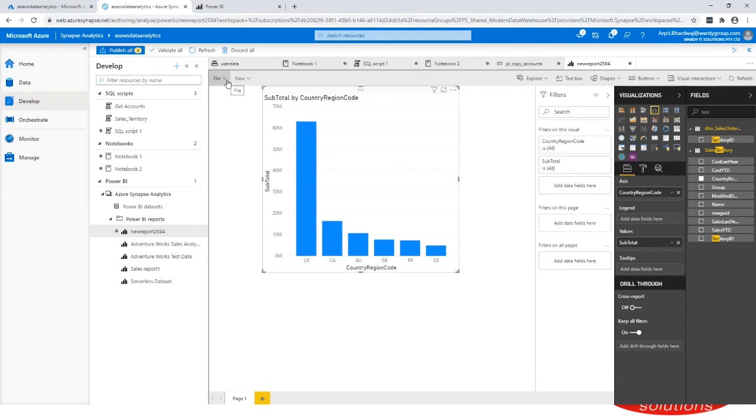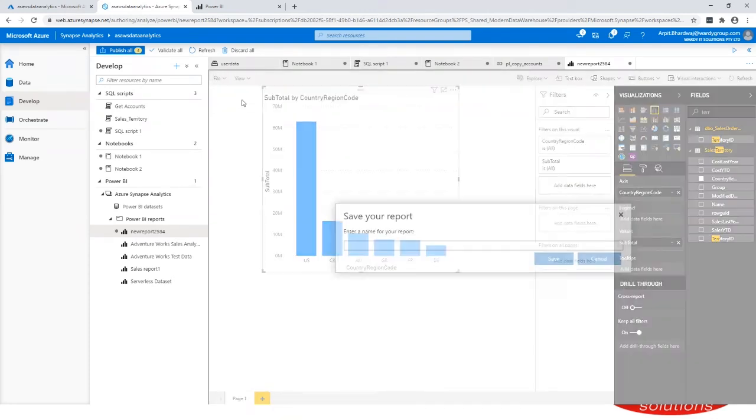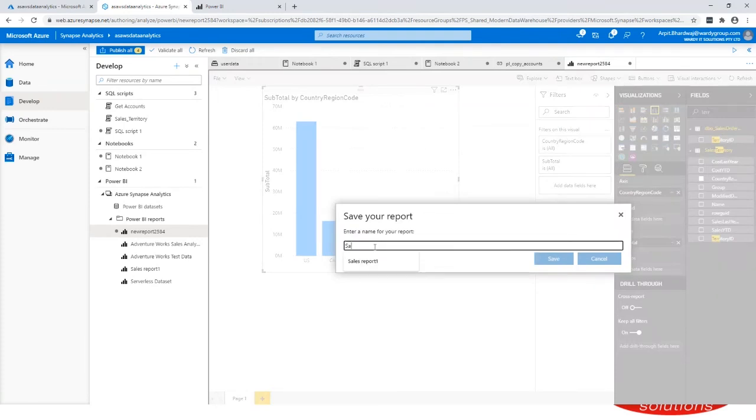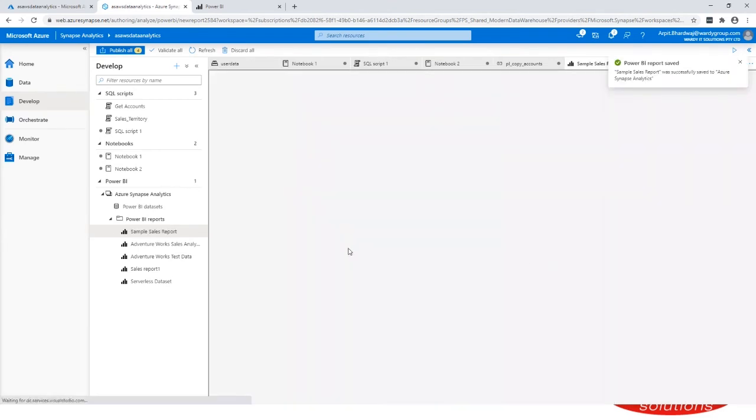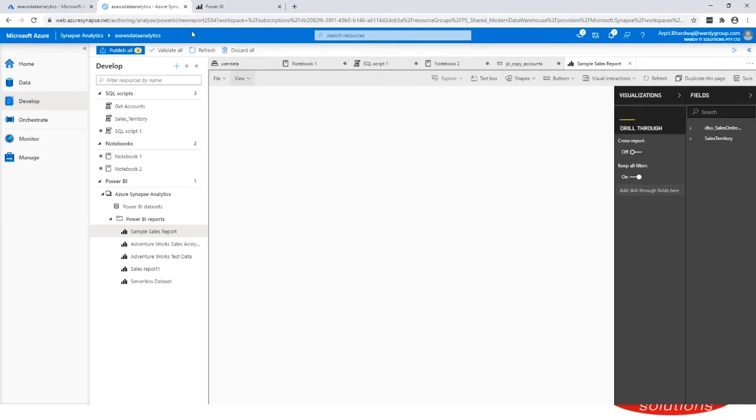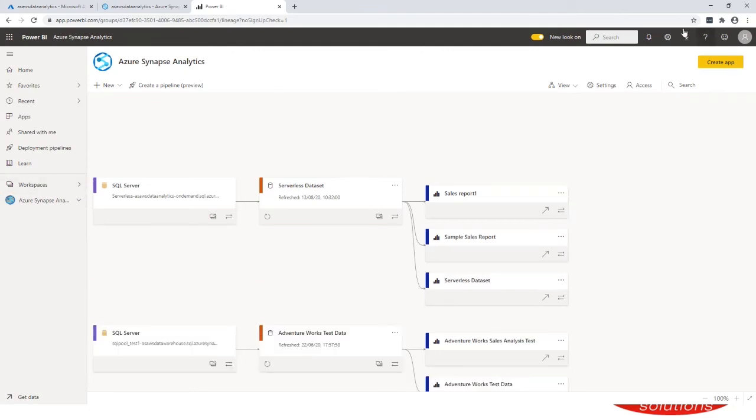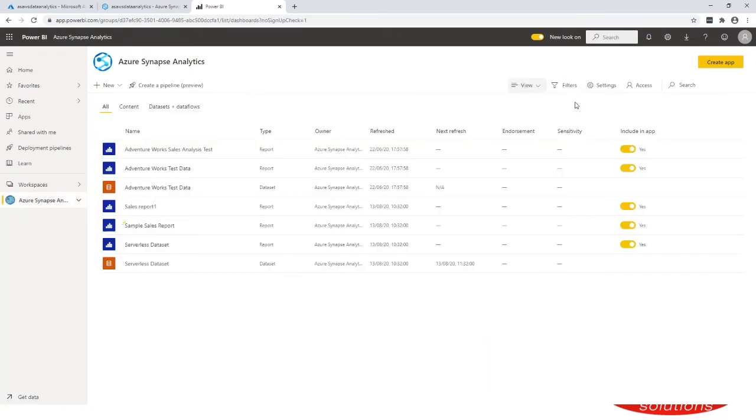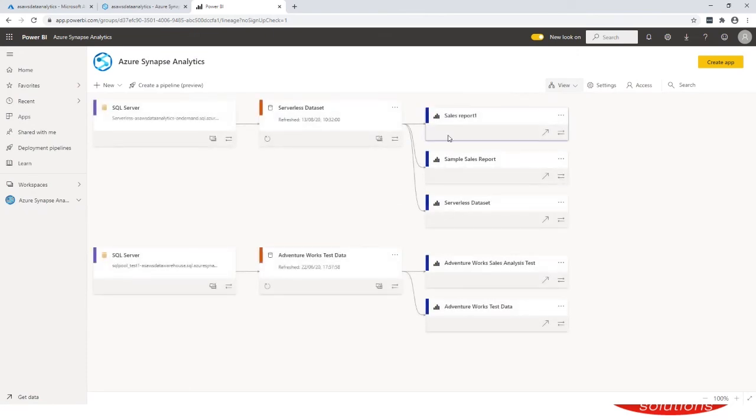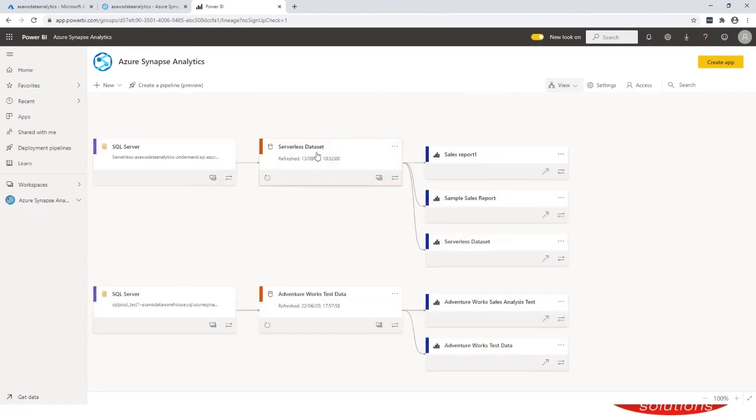Now, what it means is that I can simply go into the File section, and from the File section I can click on save a copy of this report, and let's call it sample sales report. Now, once I have saved that report, this report would be published into my Power BI workspace, which means if I go into Power BI and look into my workspace, change the view, this is where we find that these reports are now available, which I published with the name sample sales report. And if I would like to see the lineage, we can find out that this is coming on the back of a serverless data set,